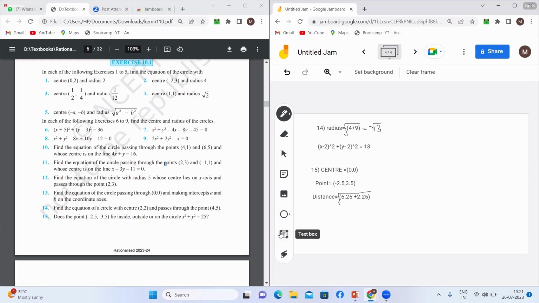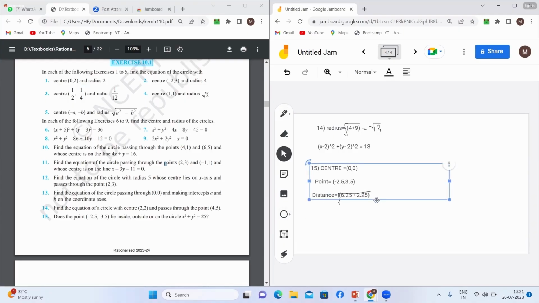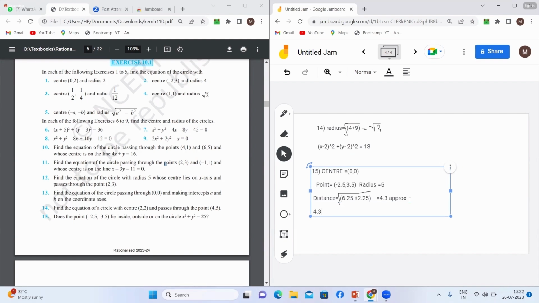सो इसका अंडर रूट क्या हो जाएगा, 6.25 प्लस 12.25, इसका अंडर रूट आएगा समथिंग अराउंड 4.3, लेकिन ये अप्रॉक्स होगा, ठीक है। सो देखो मेरा सर्कल का रेडियस कितना दिया हुआ है, सर्कल की इक्वेशन में देख रहा हूँ 25 है, तो आर स्क्वायर इक्वल 25, मतलब आर मेरा 5 है, 5 से कम। तो क्योंकि 4.3 is less than 5, so we can say that the point lies inside the circle, ठीक है।